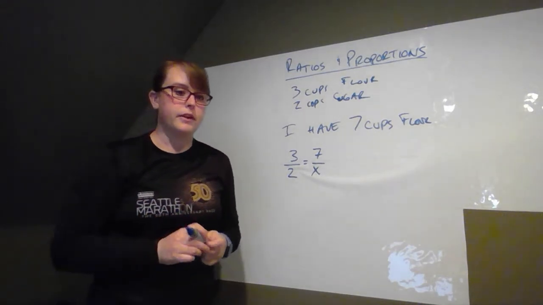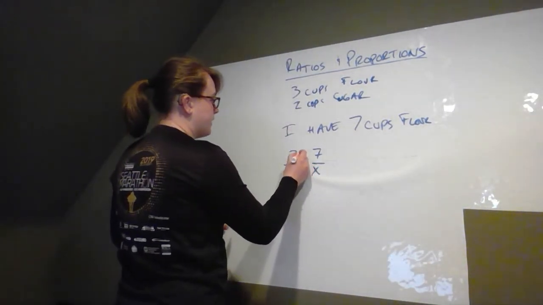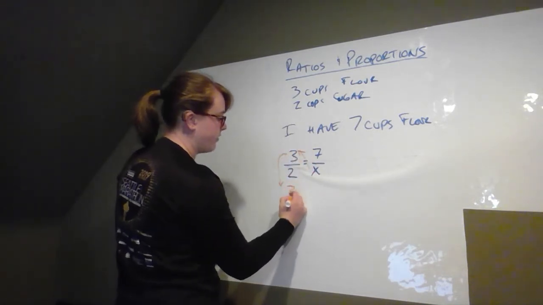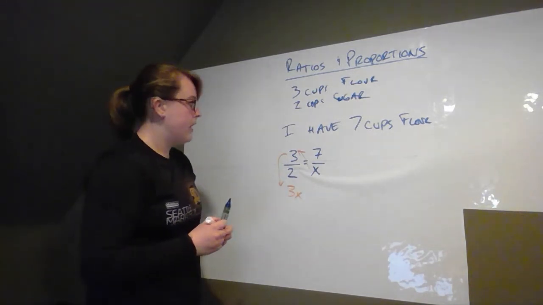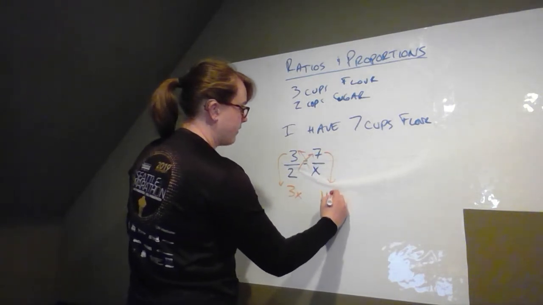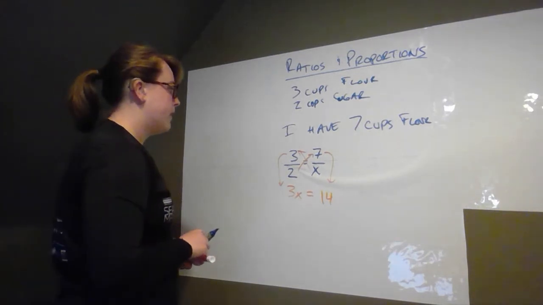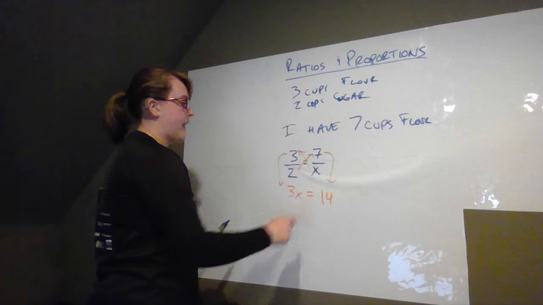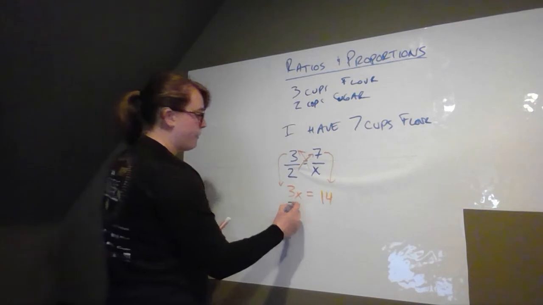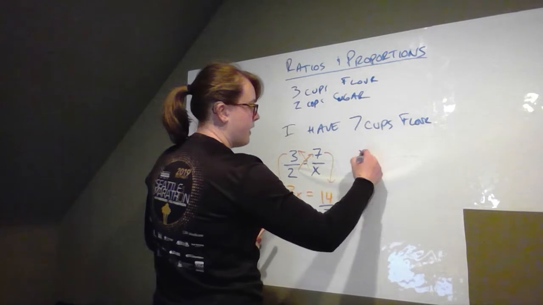And in order to solve a proportion, you need to do something called cross multiplying. So what I'm going to do is multiply the 3 and the X, and bring it down so that now we have 3X. And then I'm also going to multiply the 2 and the 7 and bring it down, so that gives us 14. And now we have the equation 3x equals 14. So we just cross multiply, multiplying on the diagonals and setting them equal. And now this looks like something that we know how to solve, right? We just divide by 3 on both sides, and we get x equals